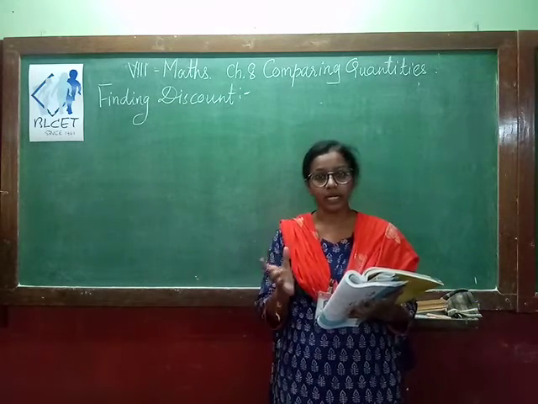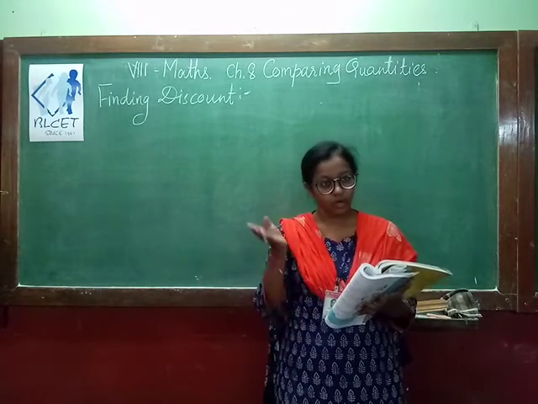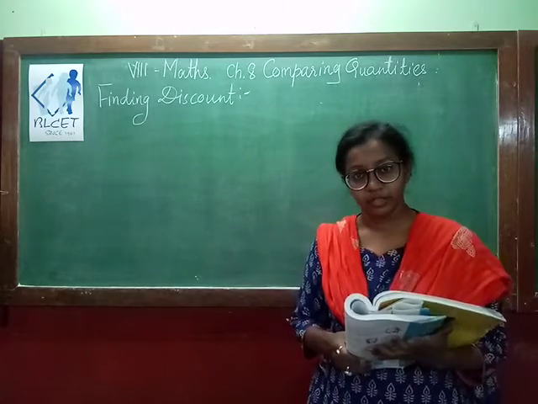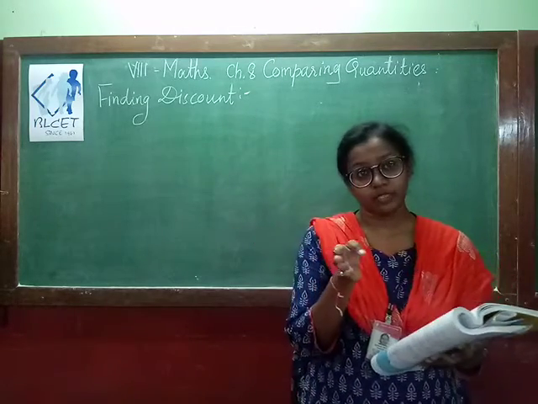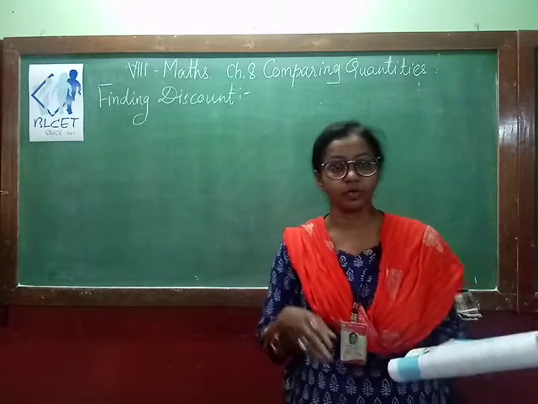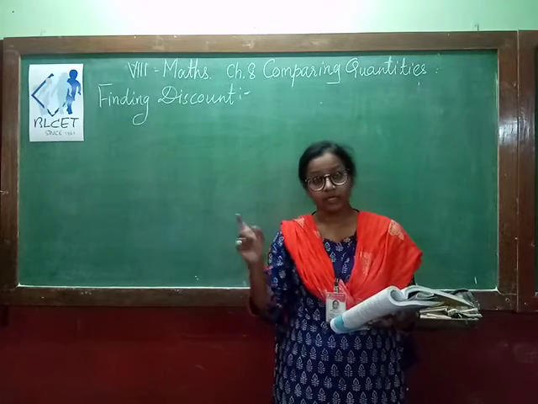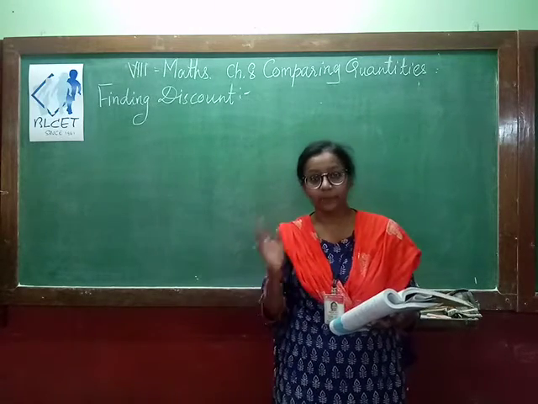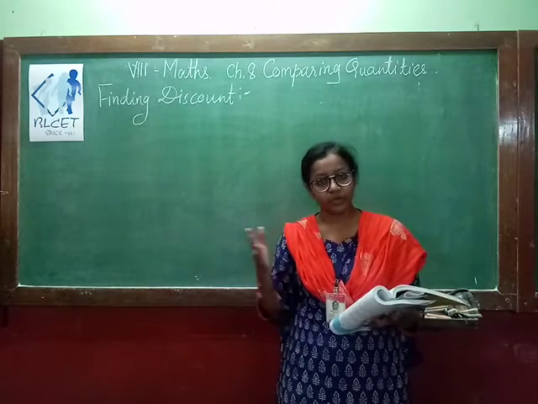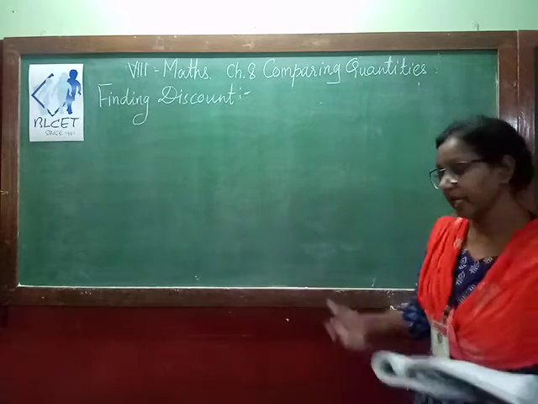Again I am repeating, whatever mark price you have, suppose you have a t-shirt of 200 rupees, on that you have 20% discount. So what is the price of that t-shirt? You have to subtract 20 rupees per 100. So 40 rupees you have to deduct from the 200. So the price is 160 rupees. So your mark price is 200. Then whatever discount is given in percentage, that you have to convert into rupees. Whatever rupees you are getting, that you have to subtract from the mark price. So this is how we can find a discount.